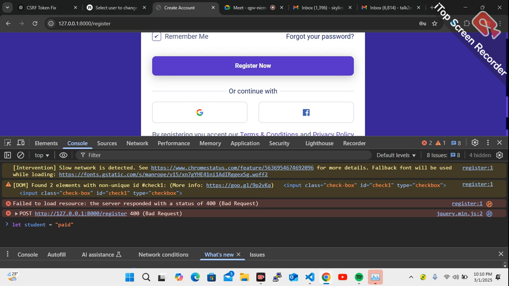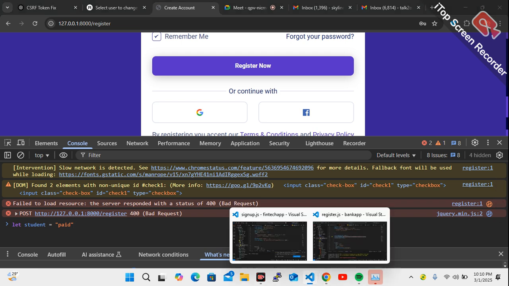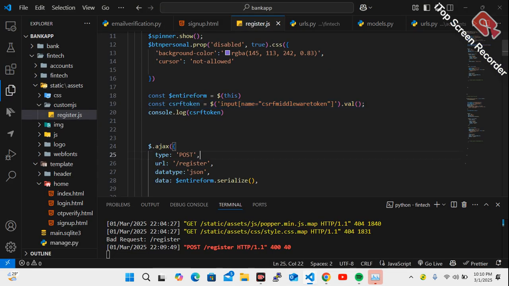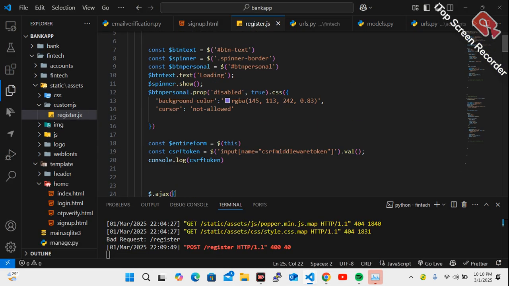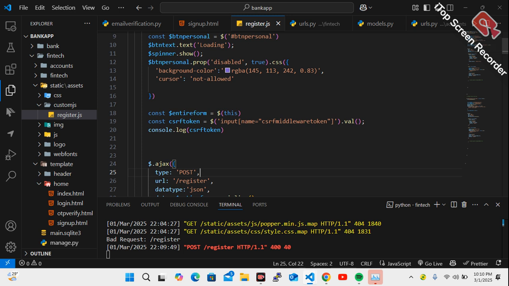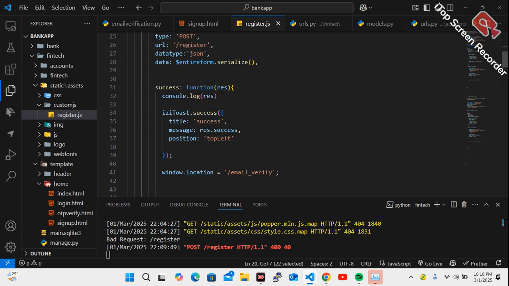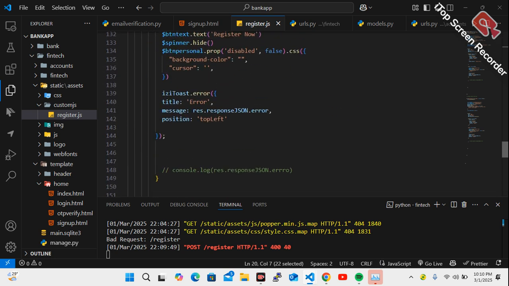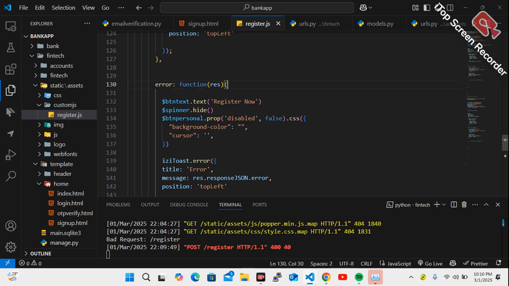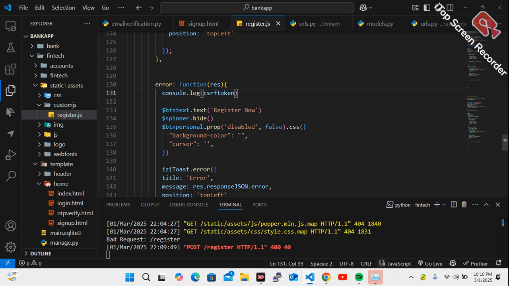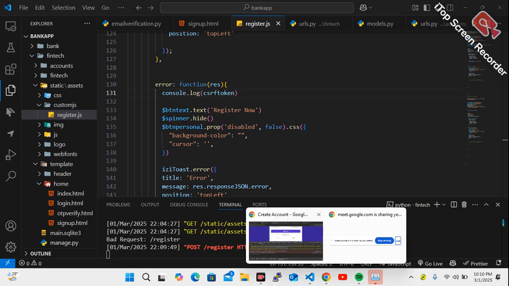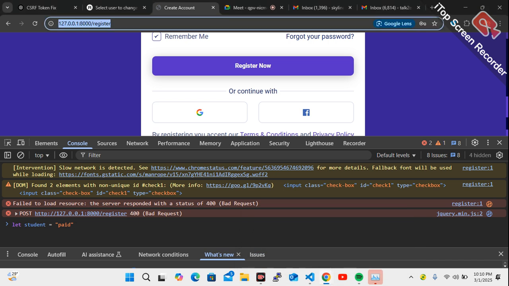We're supposed to have this here. The console.log is supposed to be logged in here, even before it logged here. I don't know why it's not logged in. So let's